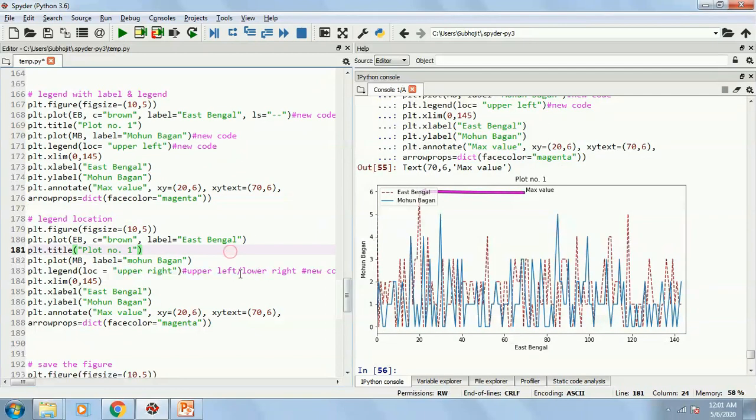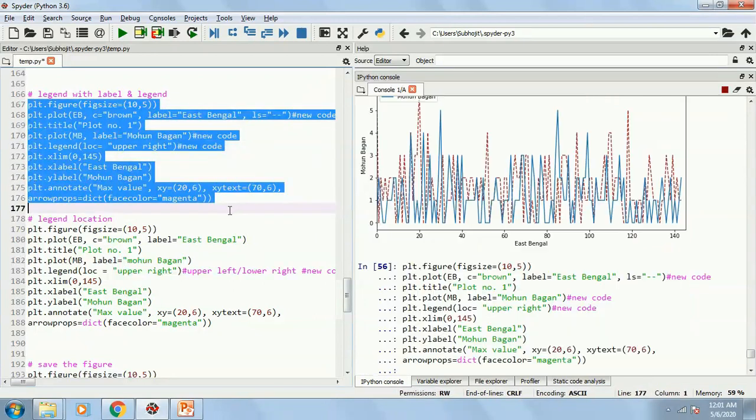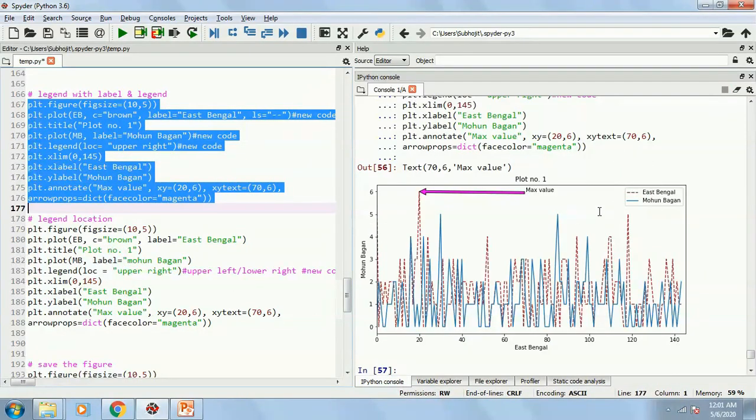Similarly, you can write lower right or upper left as per your wish, but usually I will advise you to just leave it at the default, because it's always advisable to put the legend on the upper right hand corner. That is the best one, but just in case you wish, you can change it as per your requirement, but it's always better to have it on the upper right hand side. So this is the most beautiful way to represent data.